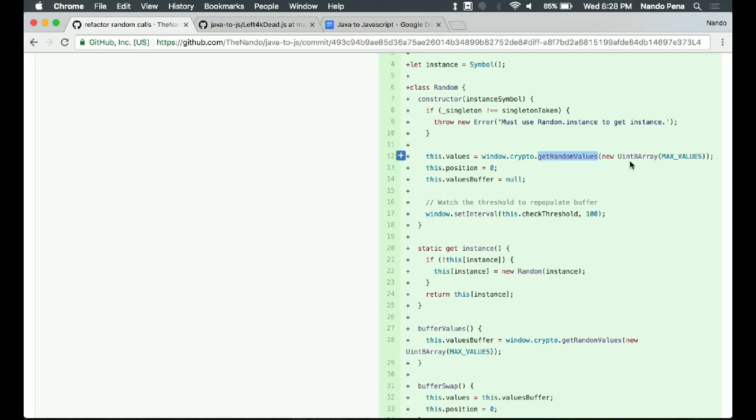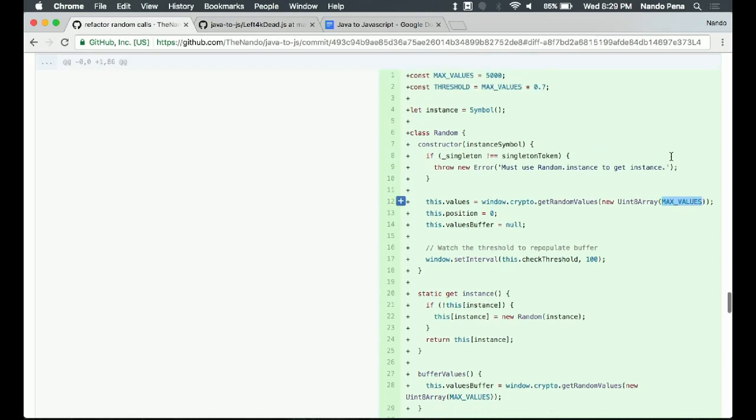I'd said earlier that JavaScript doesn't really have typing. That's not entirely accurate. It's a simplification. But what we do have is you can create an array where each member of the array is of a specific type. Here I'm creating an array of unsigned 8-bit integers. So this is going to produce a value between 0 and 255.